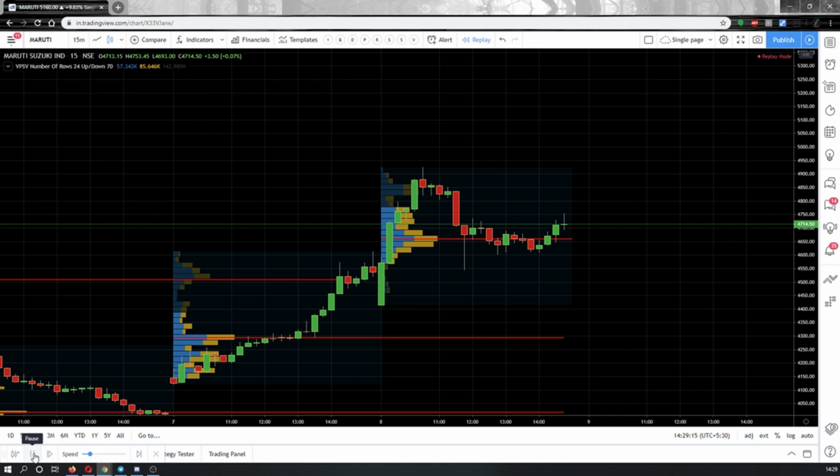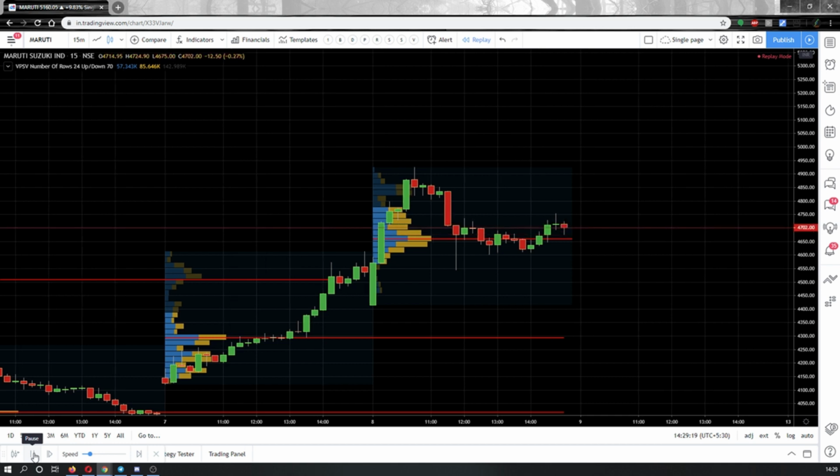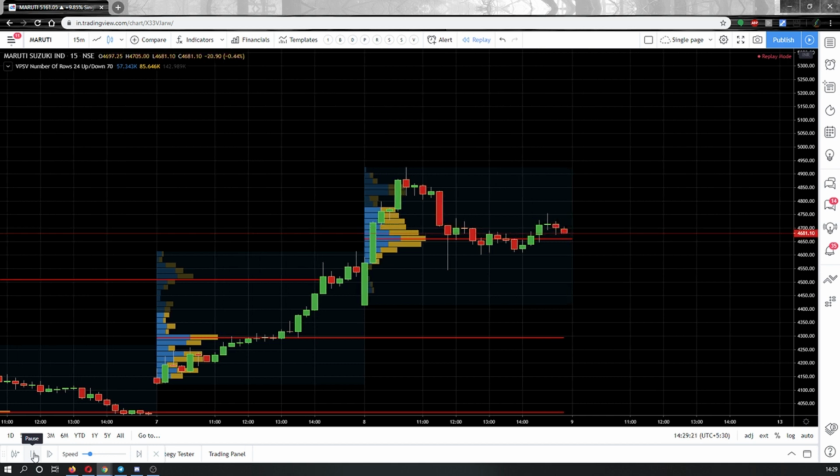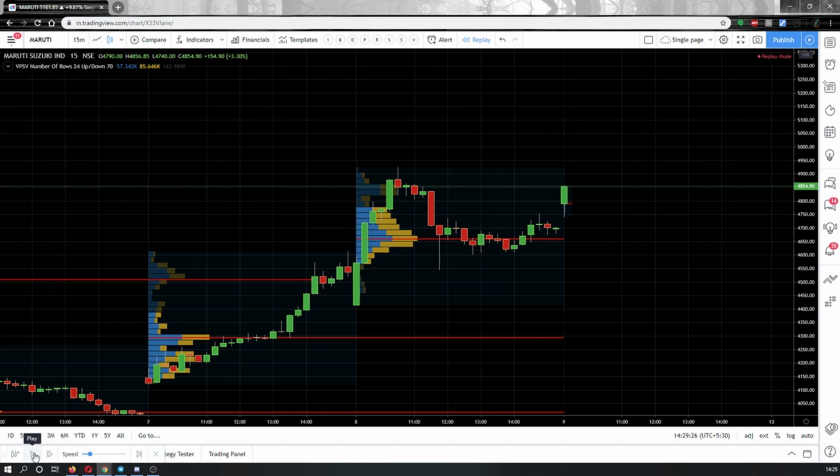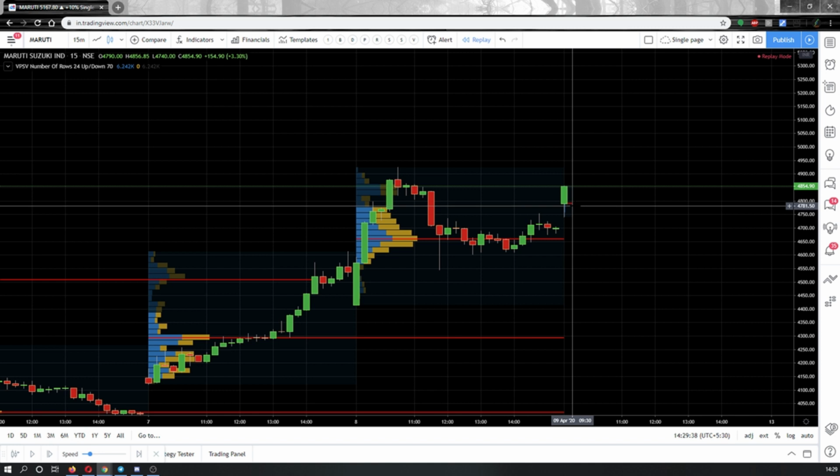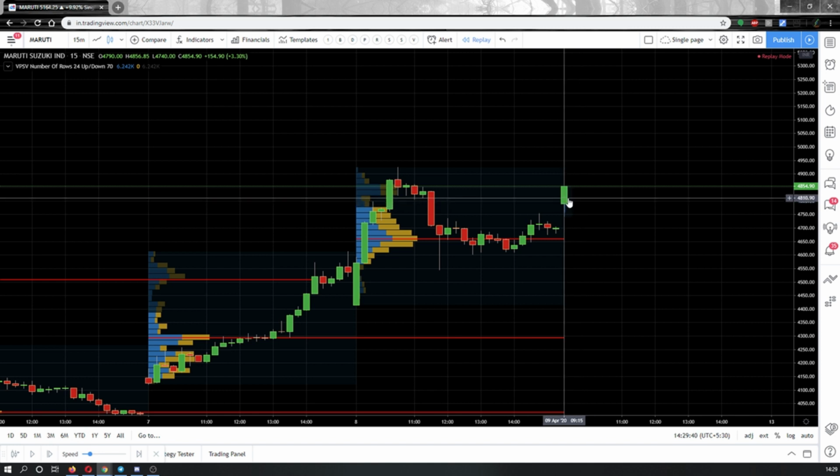So I just played it. This is yesterday's candle that you see. We don't have to care about that. I'll start the explanation from today's candle. So this is the first 15 minutes candle for today, that is the 9:15 candle. By seeing this candle, what do you anticipate? You clearly anticipate that the candlestick closed above the POC,